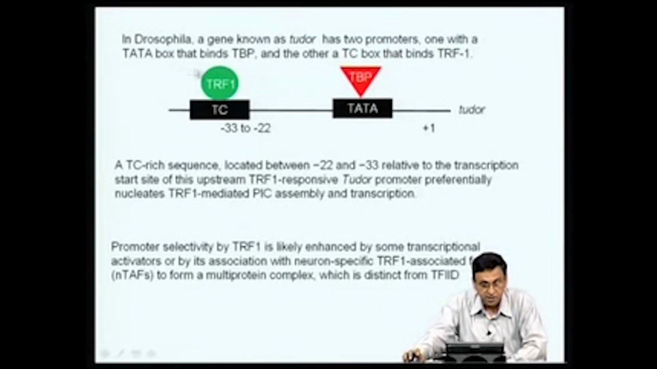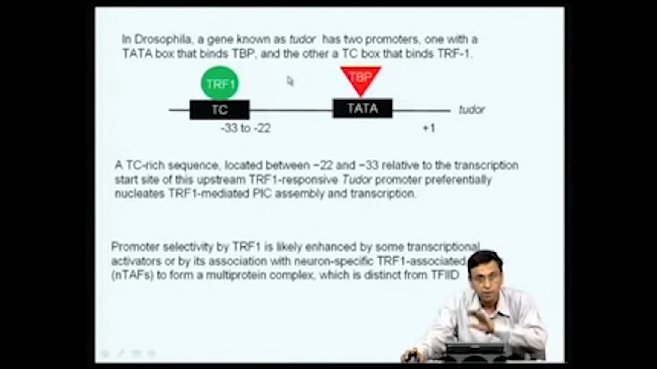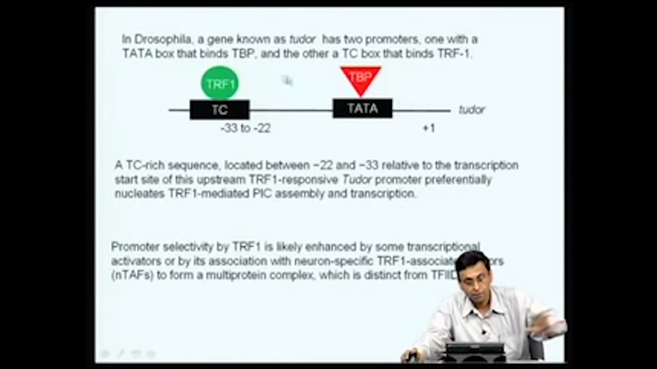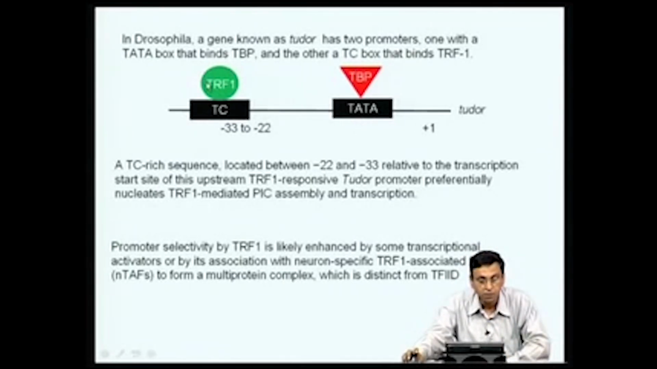For example, in Drosophila, a gene known as Tudor has two promoters, one with a Tata box that binds TBP and another with a box called the TC box that actually binds TRF1. So, TRF1 and TBP both belong to the Tata binding protein family, but TBP actually recognizes the Tata sequence, whereas the TBP related factor actually recognizes a different sequence called the TC box. This is present at about -33 to -22, whereas the Tata box is present much closer to the transcription start site,